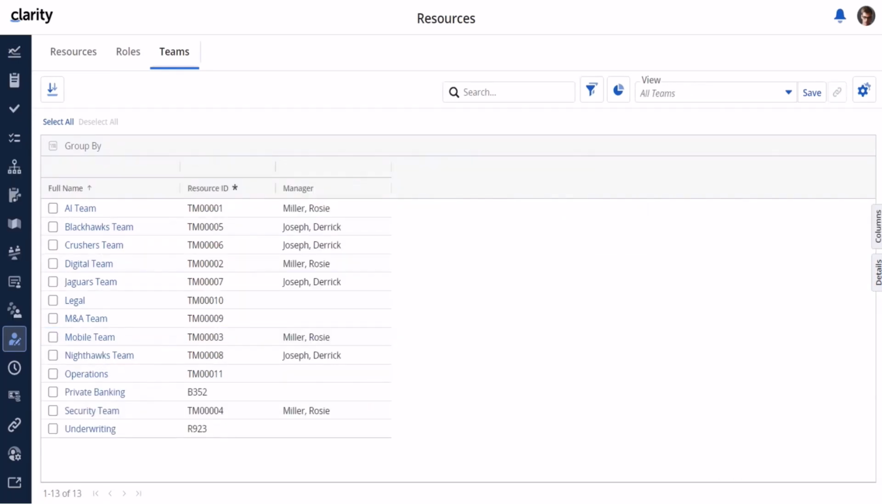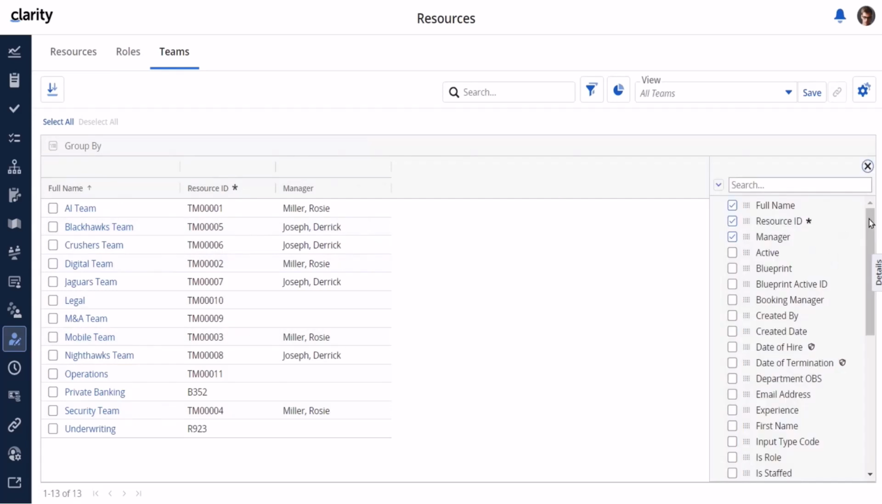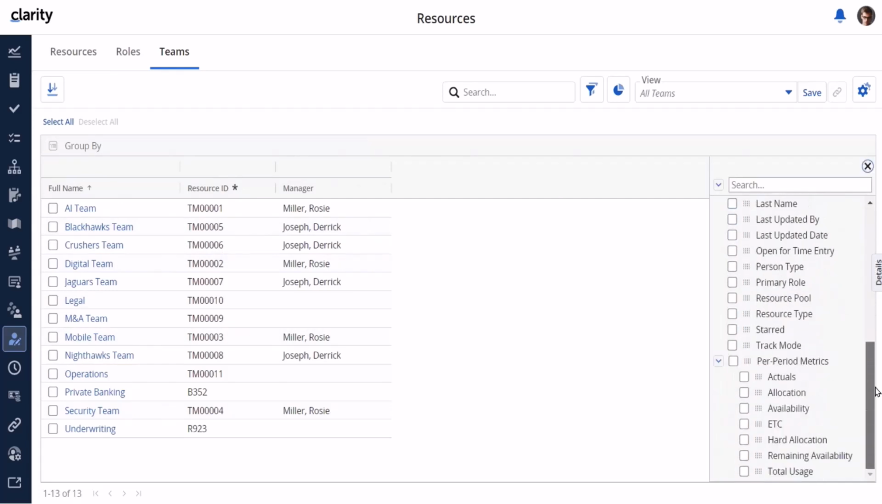After upgrade, in the same place, under the Resources Workspace Teams tab, you still have your teams here. The only difference is now, instead of showing the team definition object instance, we're now showing the team resource. And you can tell that if you expand the columns panel, you can see resource attributes here